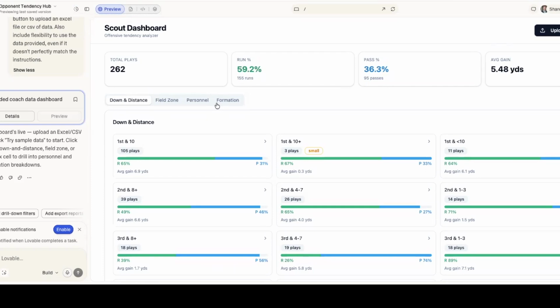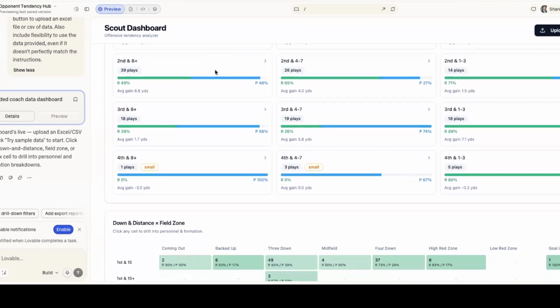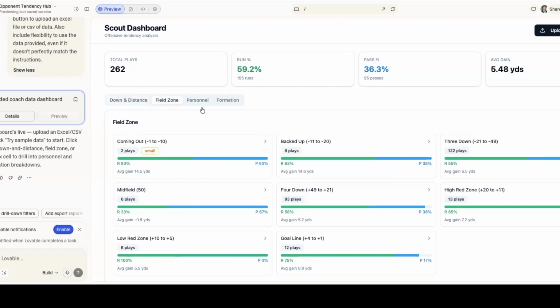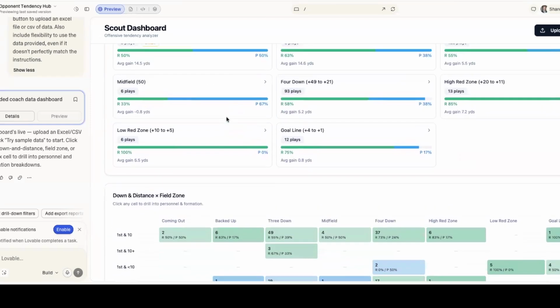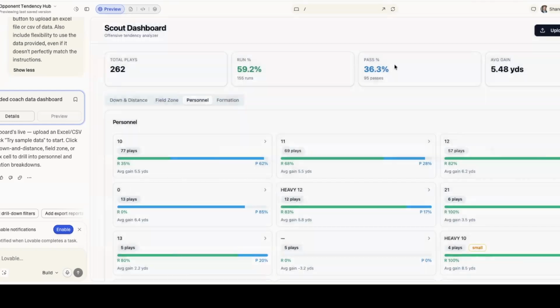All right. You end up having to spend a little money on credits, but would it be worth $5 or $10 of credits to have a dashboard like this? All right. So now we're looking at an opponent's offense, and I can go in and say, okay, what do they do by field? And this is just kind of a basic one where I want to see it. I can click in and look at things. All right. But I kind of just want an overview here.